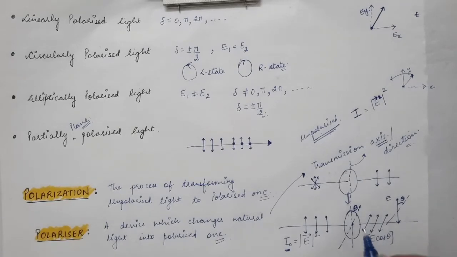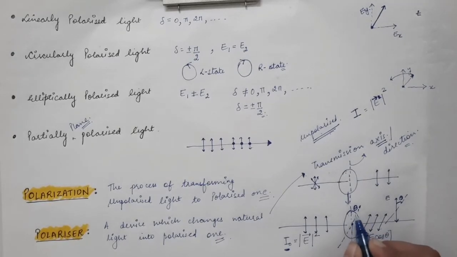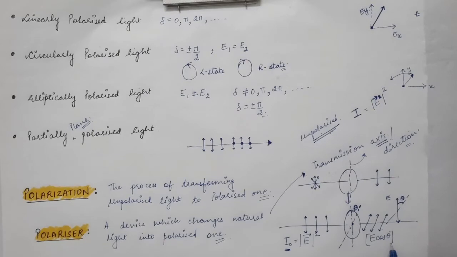But over here, when the polarizer has been rotated by an angle of theta, that is, the transmission axis is making angle theta, only the E cos theta component will be allowed to pass through. So what will be the intensity of the EM wave that is coming out of the polarizer? It will be just (E cos theta) squared. That will be the intensity of the EM wave coming out of the polarizer, and this is nothing but given by Malus law.